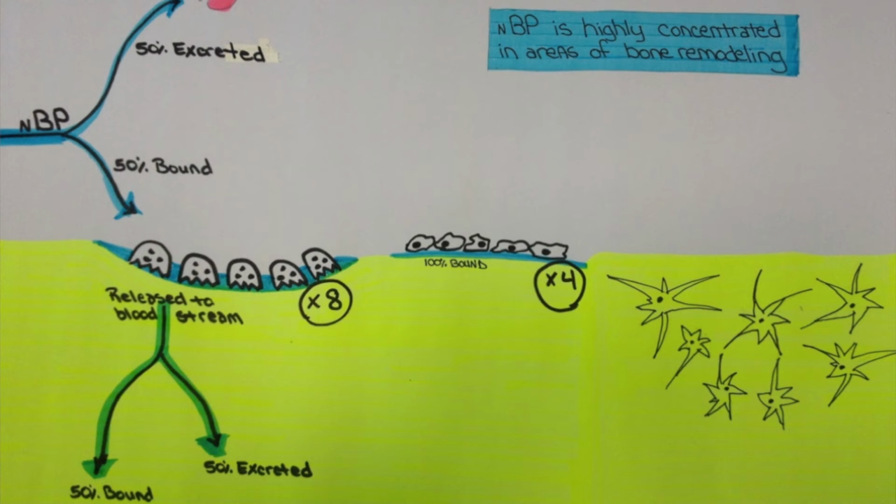Well, let's go ahead with this drawing. So you see the little group there to the left, the osteoclasts, which have the 8 times affinity, which are resorbing bone, tearing it up. And then over to the right of those we have the osteoblasts, which are forming new bone. And then as they become embedded in bone at the far right-hand side, we have the osteocyte. The osteocyte is in the resting bone, so it doesn't need the drug. The drug is drawn to the area that needs to be resorbed.